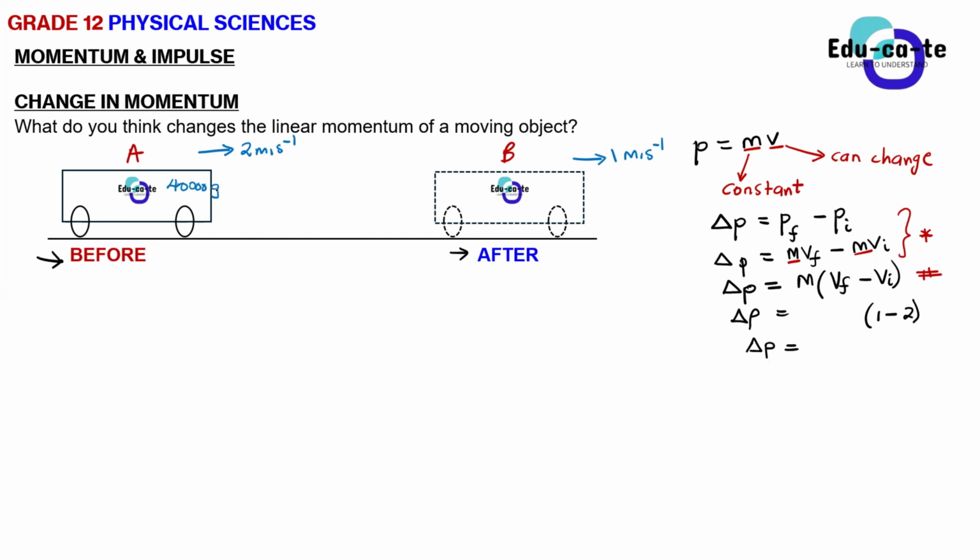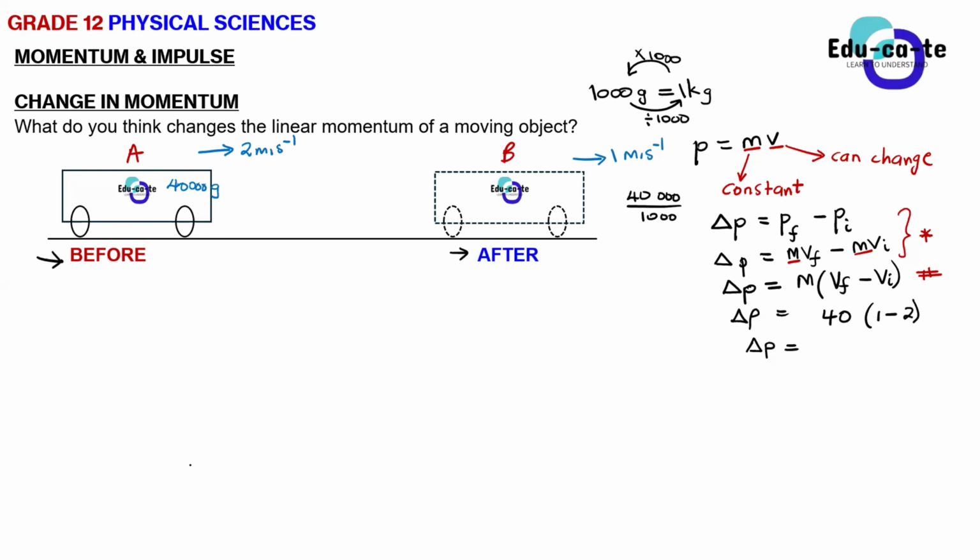What is 40,000 grams in kilograms? How do you move from grams to kilograms? You divide by 1,000. 1,000 grams is equal to 1 kg. So to move from grams to kg, we need to divide by 1,000. But to move from kilograms to grams, we need to multiply by 1,000. So in this case, we have 40,000 grams, so you take the 40,000 and divide it by 1,000. That's going to give you how many? 40 kilograms.